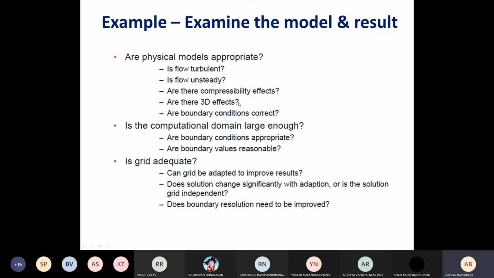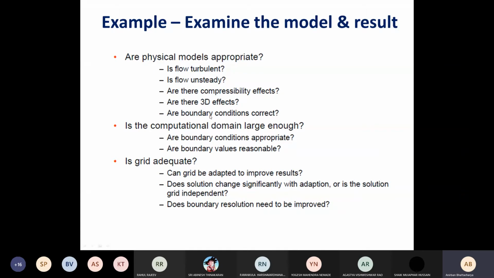So many times we have to convert the problem into 2D, although it may not capture the 3D effects fully. Then we have to think out whether 3D was fully essential or not. In case it was fully essential, meaning it cannot be captured at all in 2D, then our results are anyway not good and the problem is not solvable using CFD at that length scale. If we can assure ourselves that we have taken some assumptions, but the 3D effects can be neglected, then we can say that okay, 2D is sufficient.